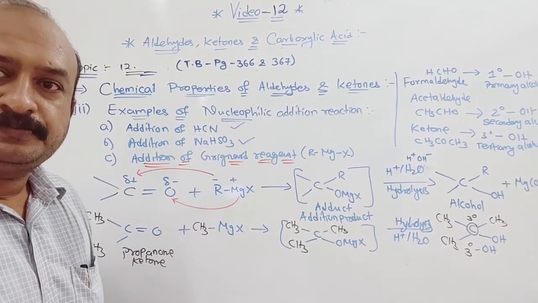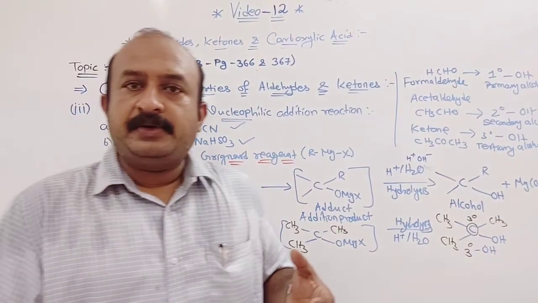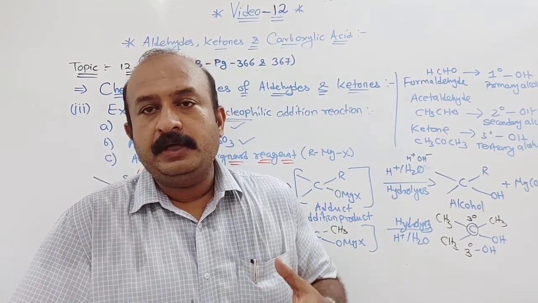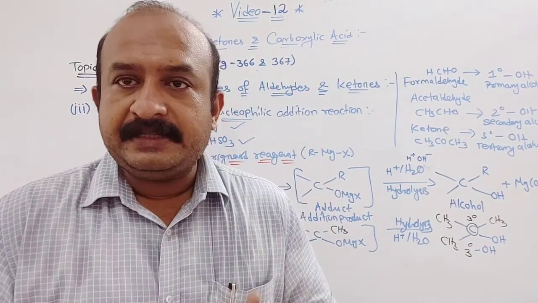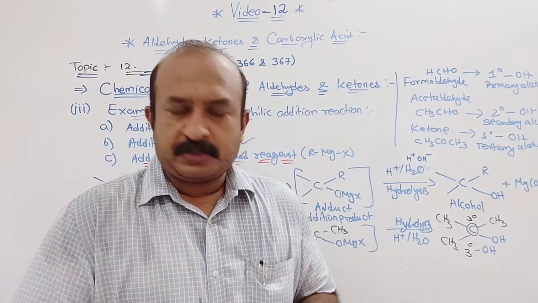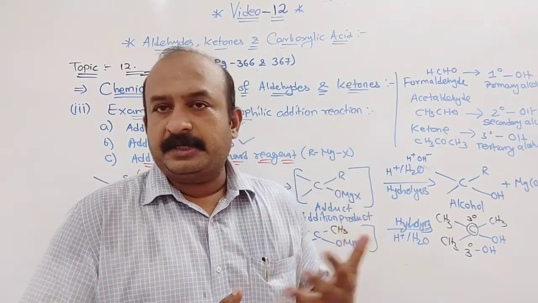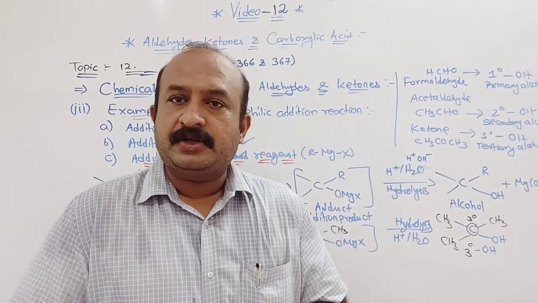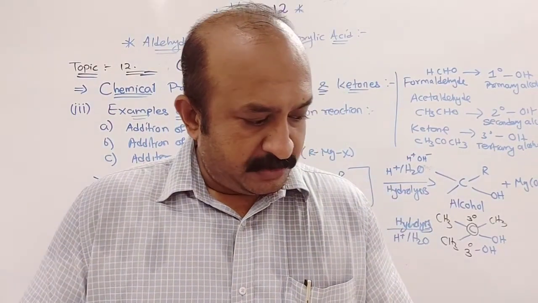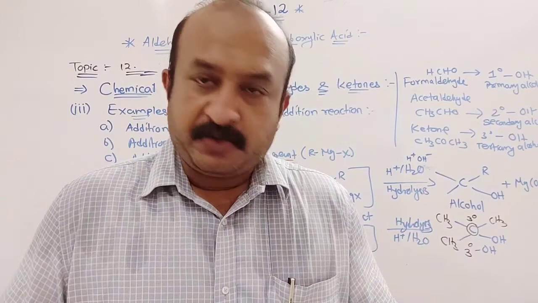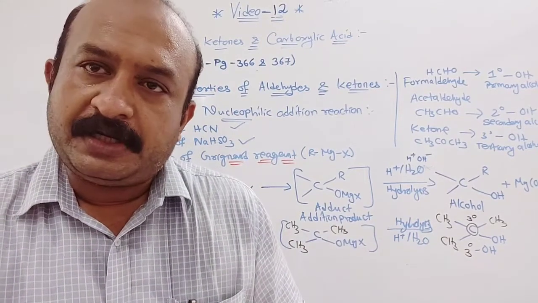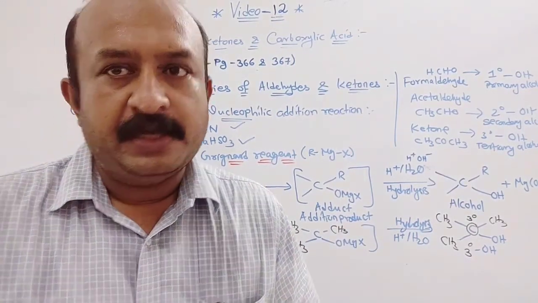Okay. Now the next one is addition of alcohol. In that, hemiacetal, acetal, ketal, these are all different types of reactions. That I will be continuing in the next video. We will not continue in this video. In the next video, that is video number 13, we will be talking about addition of alcohol, in which acetal and ketal both we are going to see, and also addition of ammonia and its derivatives. So all the addition part, that is nucleophilic addition, we are going to continue in the next video, the remaining part left out. Okay. Thank you very much.